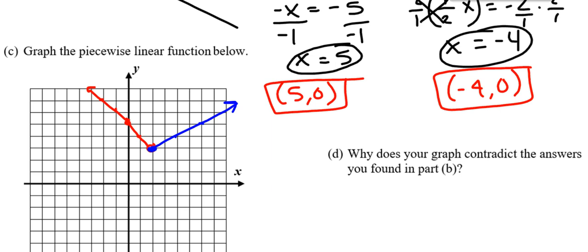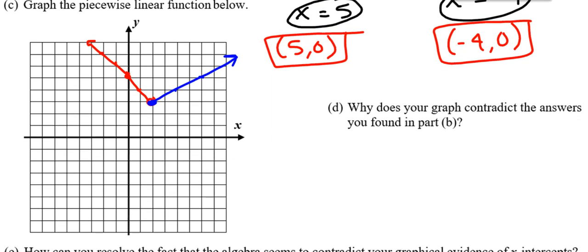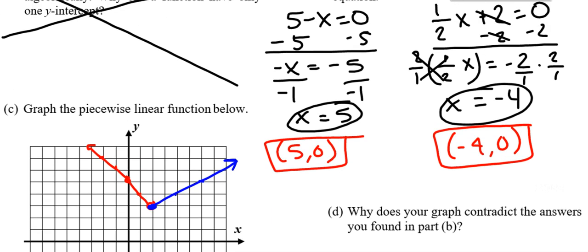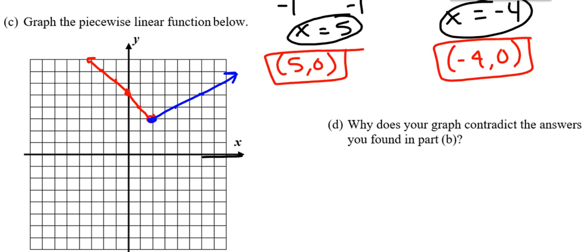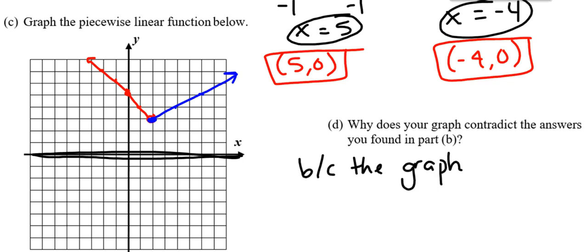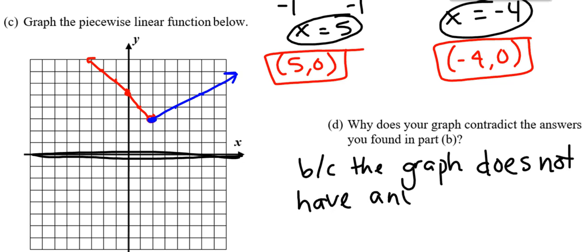Now Part D says why does your graph contradict the answer you found in part B? Well, in part B, we found x-intercepts. Does our graph cross anything on the x-axis here? No, it doesn't. So because the graph does not have any x-intercepts,